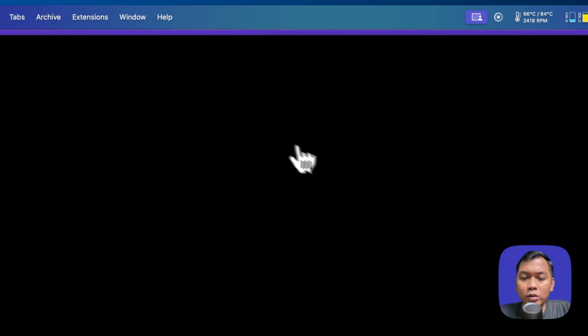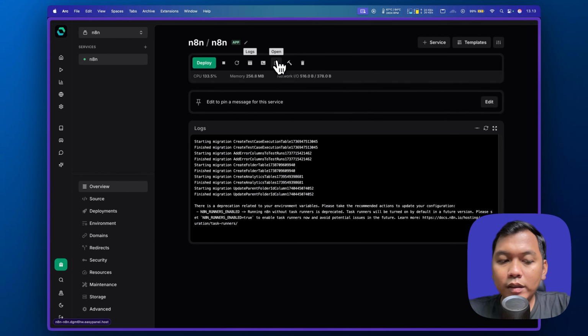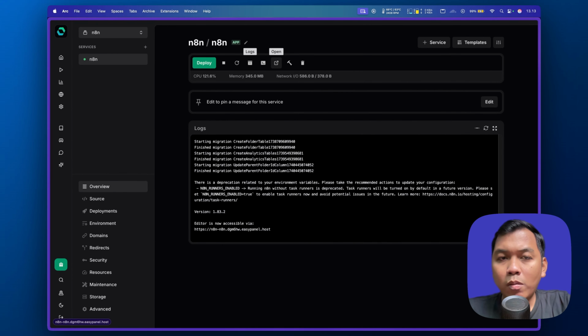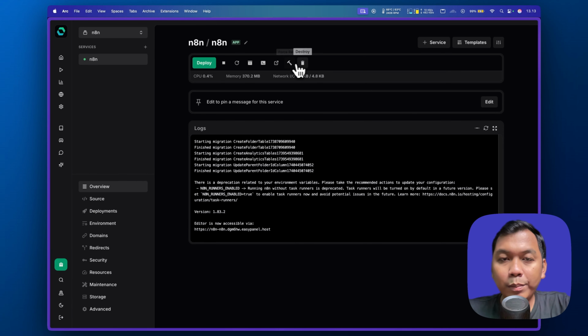When we press it, it will show us full screen logs, and also this console, and this open. It means it will open a URL when we press this, and then force rebuild and also the destroy button.